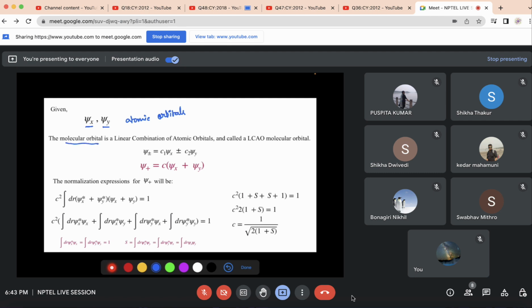So the molecular orbital is a linear combination of atomic orbitals. So we can call it an LCAO molecular orbital. So the linear combination of atomic orbitals can be written as